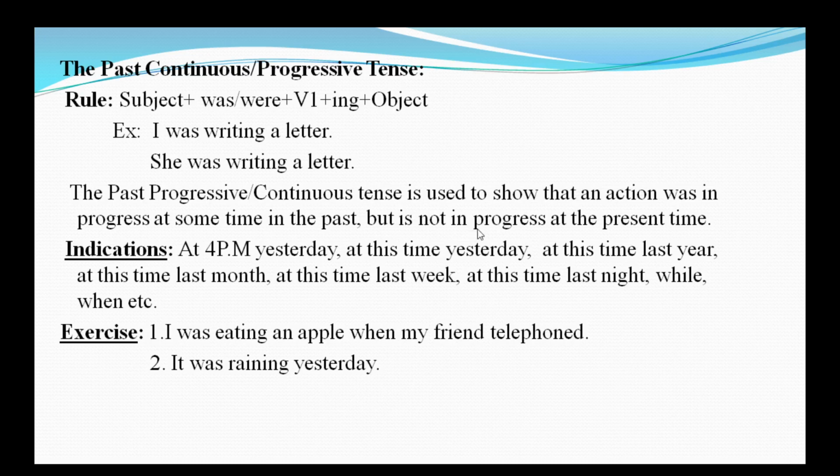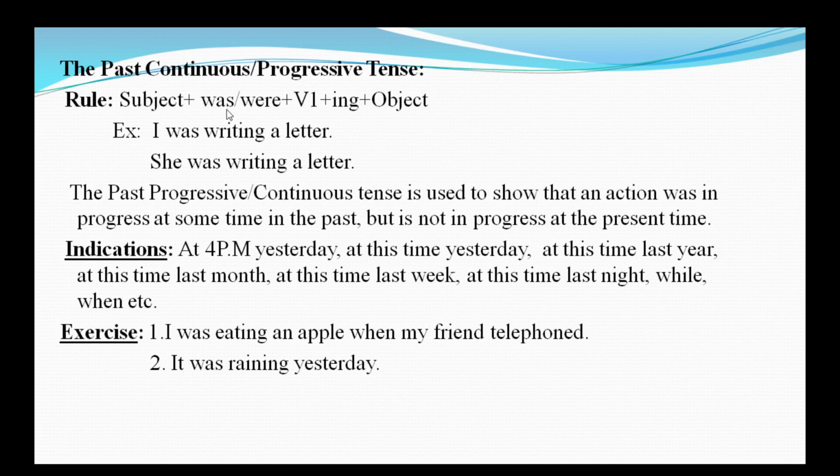That means whatever the action that is started earlier which is ended in the past, అంటే ఏ పని అయితే మొదలు పెట్టడం జరిగిందో ఆ యొక్క పని జరుగుతూనే ఉంది, but it is not happened in the present but it is ended in the past. Here we use auxiliary verb was or were which is in the past tense.